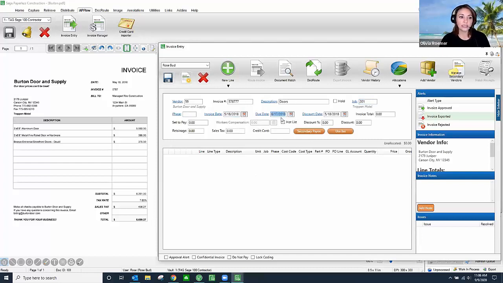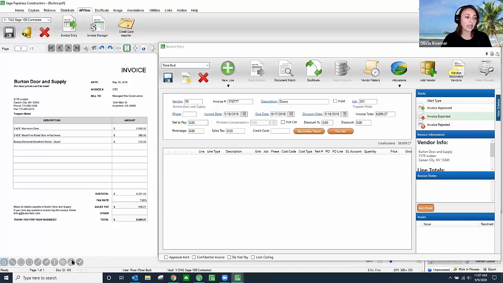You'll notice that it's also bringing due dates and discount dates over as well. Again, all of this is from your accounting software, so you never need to feel like it's not tying. It's pulling all this information directly from the software. Okay, so now that I've got some basic information in here about this invoice, I can do a couple of